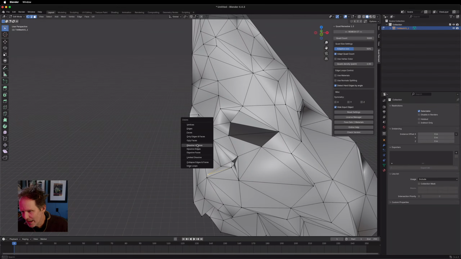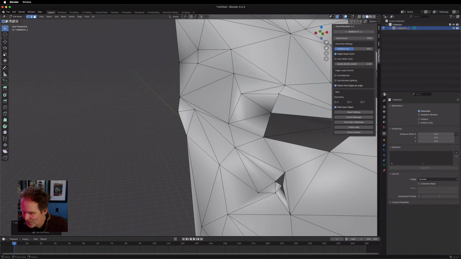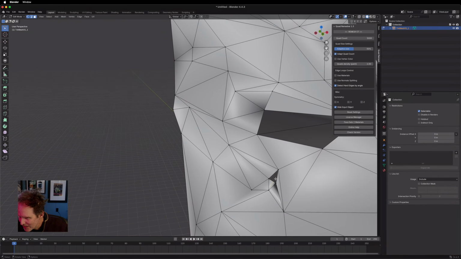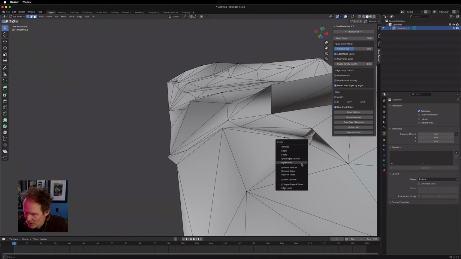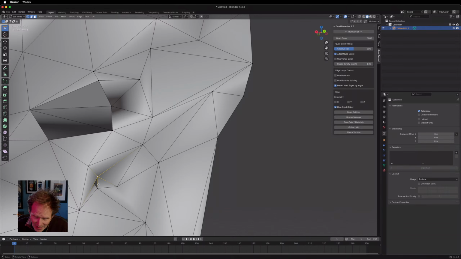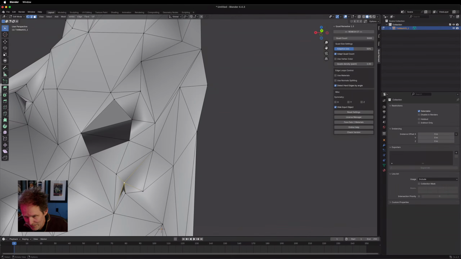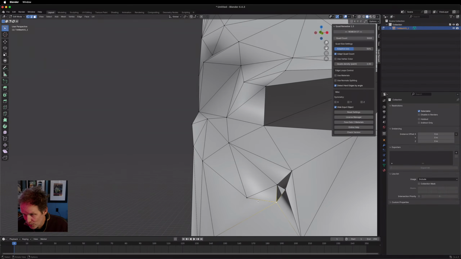So let's dissolve that vertex as well. And then some of this stuff in here is a little funky. I'm just going to delete that vertex. So again, like I said, Synthesize, not good for modeling. And the tools could be a lot better. And they should be, because I figure there's no real reason to